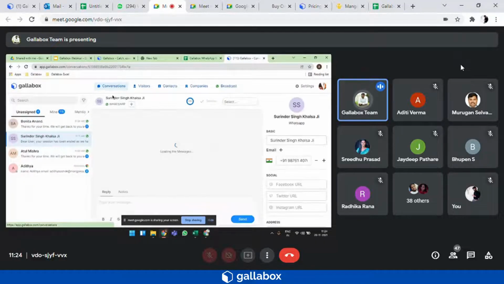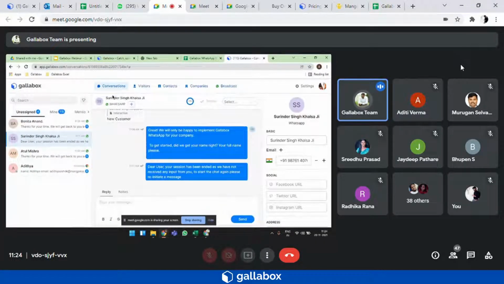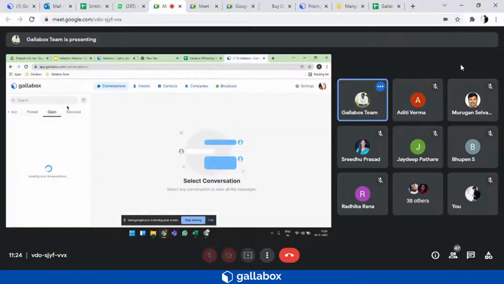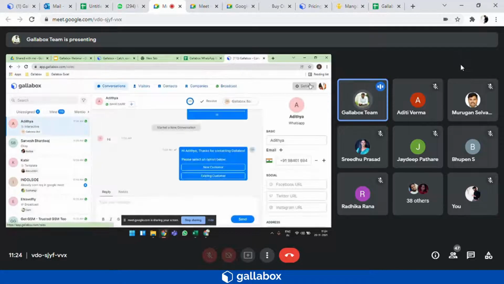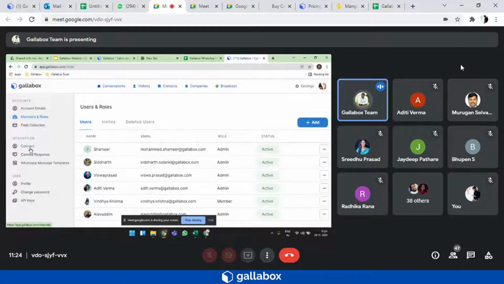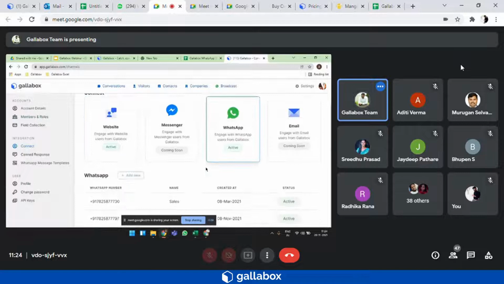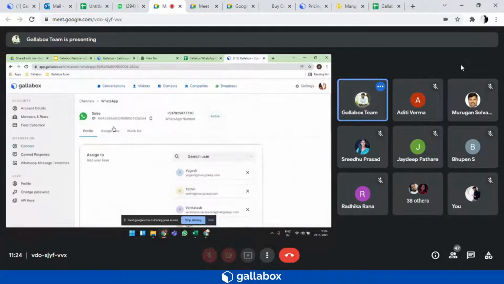So I will go back to the unassigned bucket. I will send a hi message. So when I send a hi message from my phone, before that, give me 1 second. I will disable the bot from my end, since there are other bots which are connected to our system.